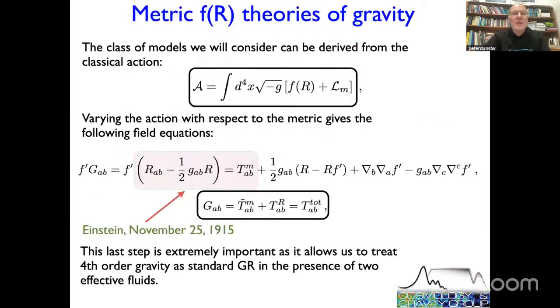Okay, so very briefly, this is very familiar to most people in the audience. We start with the action where we replace the Ricci scalar with a function of R in this class of theories, and then you end up with a fourth order set of field equations, which you can rearrange in such a way that you have essentially the Einstein tensor on the left-hand side, and then standard matter and an effective curvature fluid, which plays the role